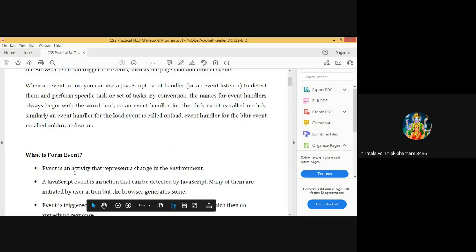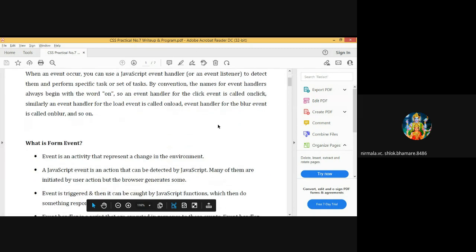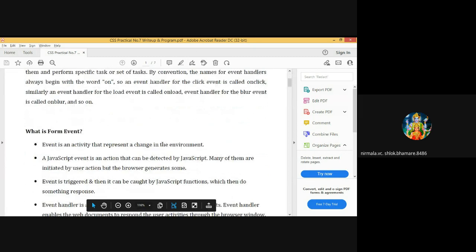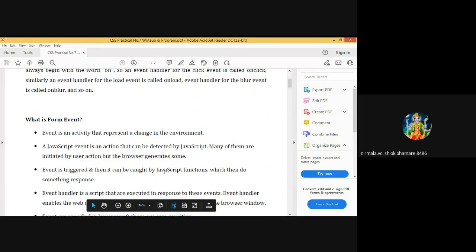So what is an event? An event is an activity that represents a change in the environment. A JavaScript event is an action that can be detected by JavaScript. Many of them are initiated by user action, but the browser generates some.